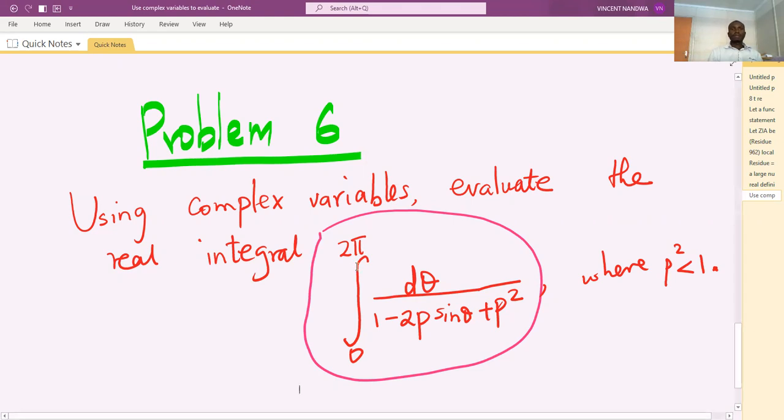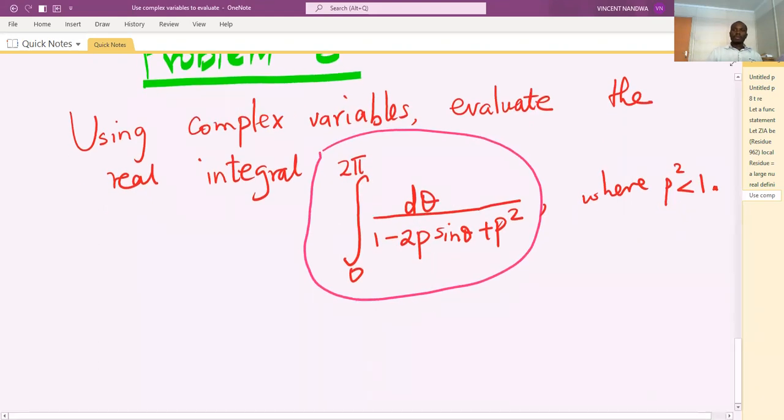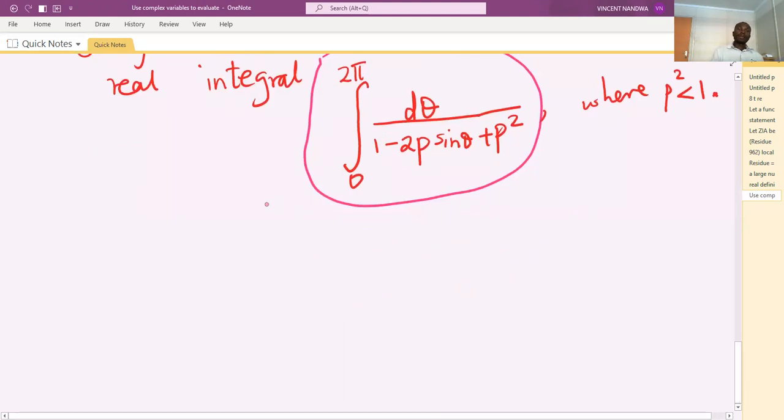And that integration is carried out by determining the poles of the function in terms of z, and then evaluating the residues at the poles within the unit circle, and getting the sum of all the residues within the unit circle multiplied by 2 pi i. That will give you the solution to the problem. So this is what I mean. So solution,